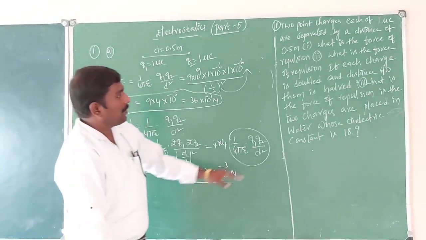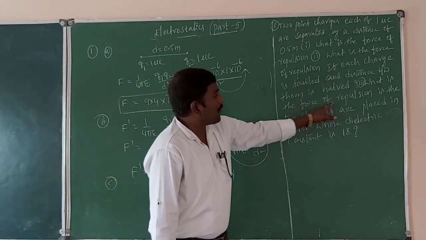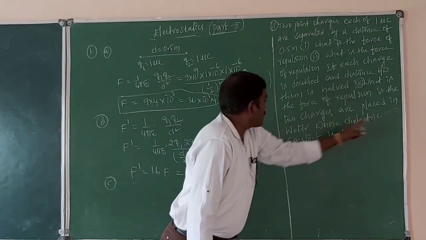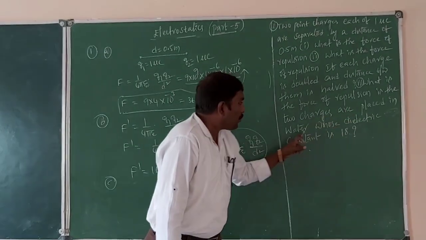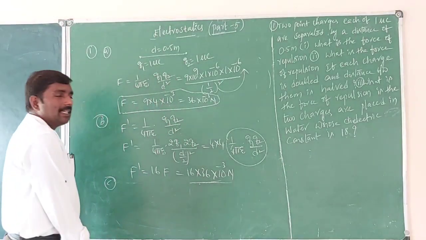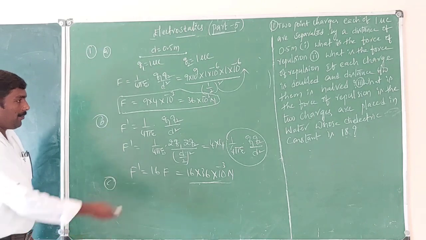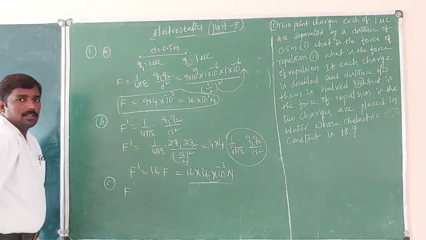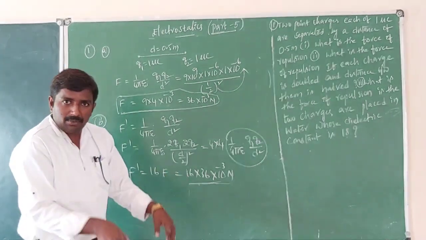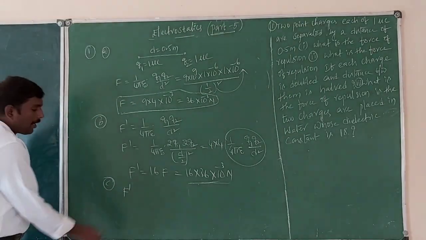See, third one. What is the force of repulsion if the two charges are placed in water whose dielectric constant is 18? Whose dielectric constant is 18. See, new force. Because these two charges are kept in water, new force F dash or F double dash,